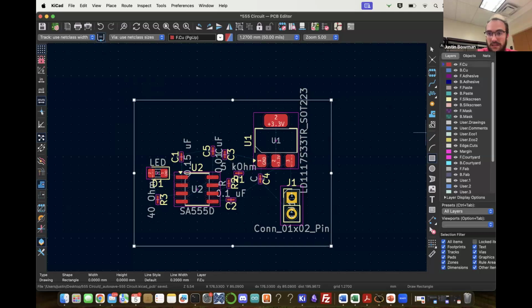We do the same thing, basically. Sorry, not the square. We want a filled zone right here, which is under our vias, which we'll talk about a little bit. But clicking on filled zones